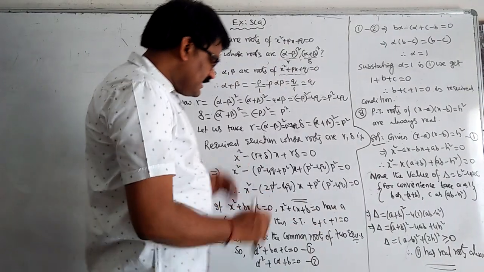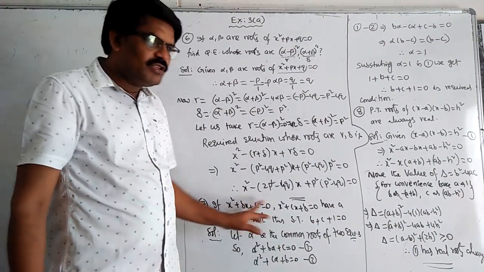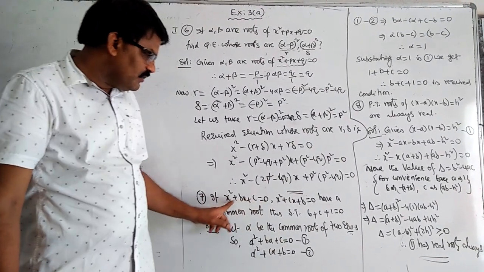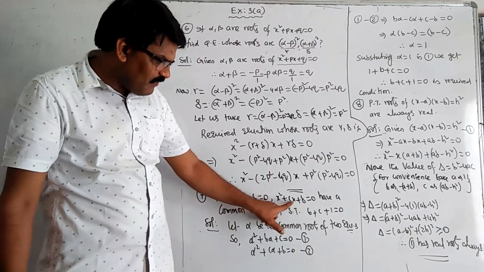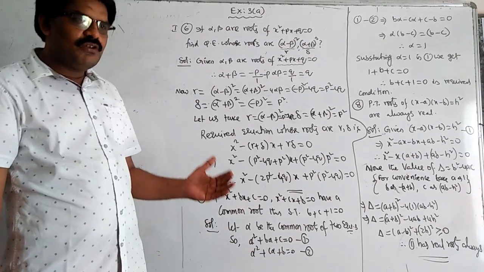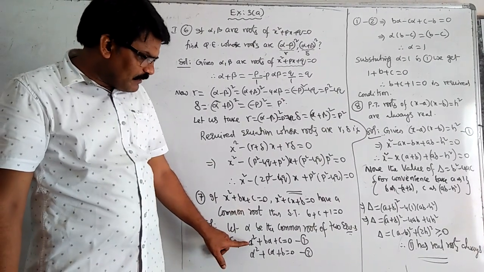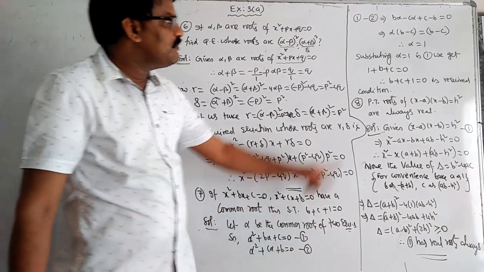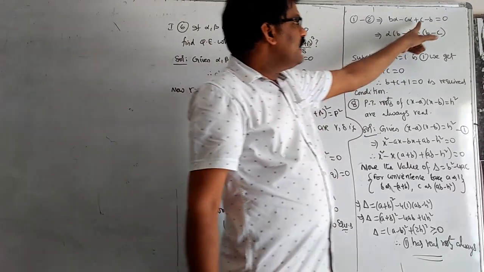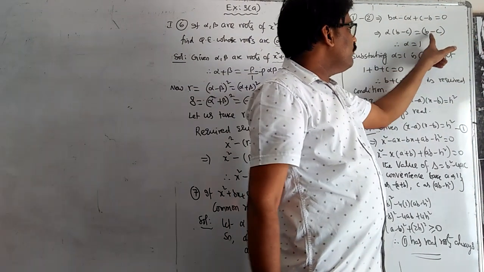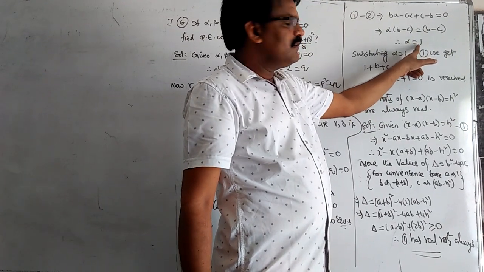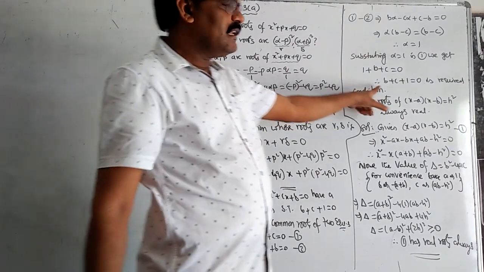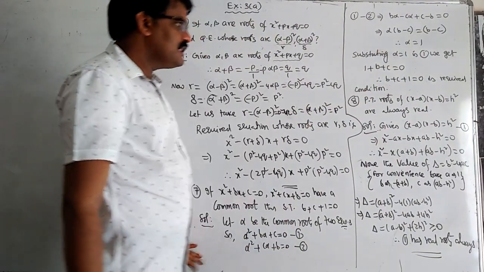In the same manner, let us take alpha to be the root of both the quadratic equations. So a alpha square plus b alpha plus c must be equal to 0 and alpha square plus c alpha plus b must be equal to 0. So now we have to find the value of alpha. By subtracting 1 minus 2, alpha squares are cancelled. b alpha minus c alpha plus c minus b is equal to 0. Take alpha common and c minus b to the right side, we get b minus c. So alpha becomes 1. Now substituting alpha equal to 1 in the first equation or in the second equation, we get this required condition. So this is the solution of the seventh problem.